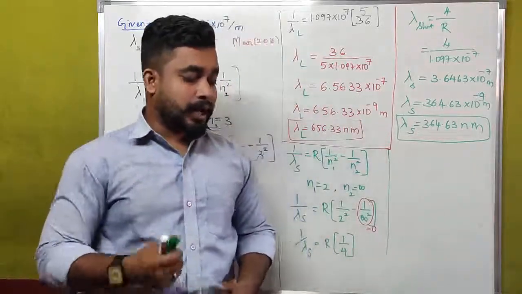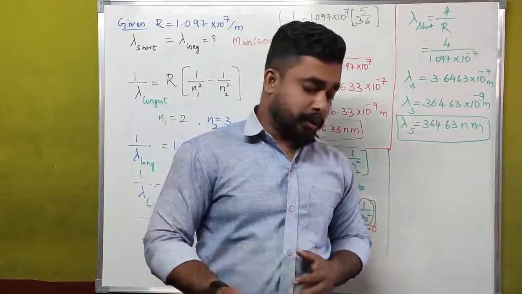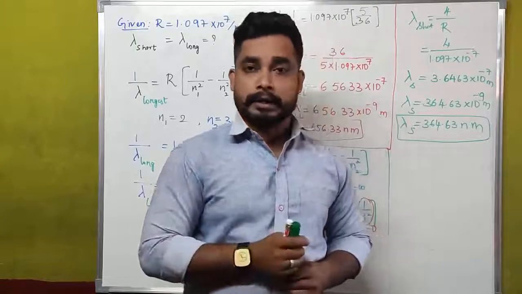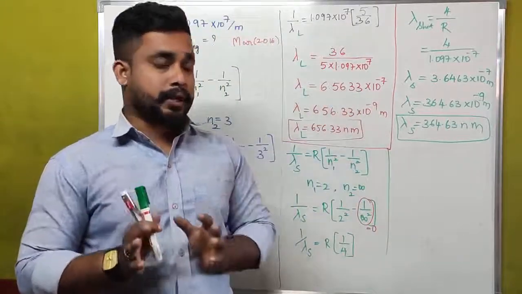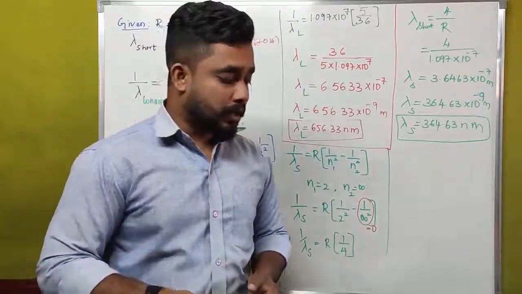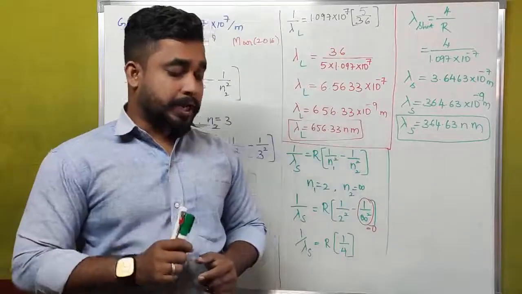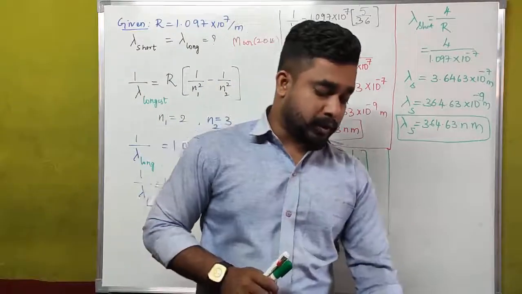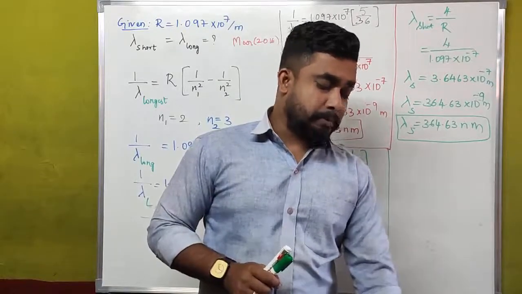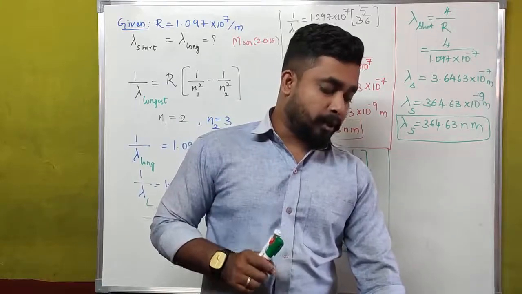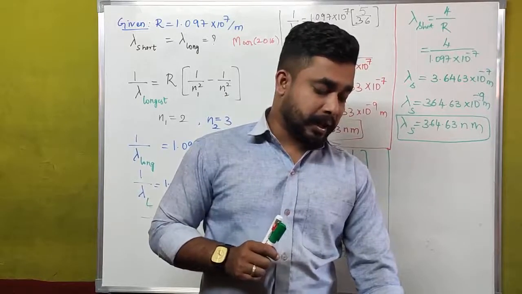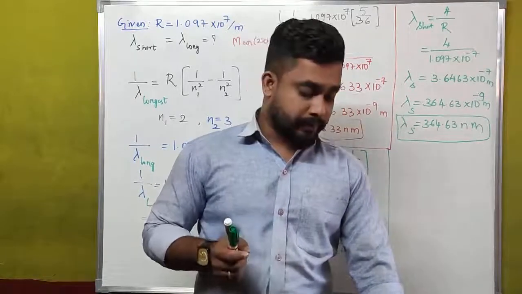Light of frequency 8.41 × 10^14 hertz is incident on a metal surface. Please understand the question very carefully, because this is a very important problem. This kind of problem may be asked in your examination. Electrons with their maximum speed of 7.5 × 10^5 meter per second are ejected from the surface.